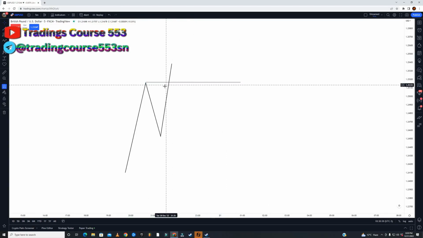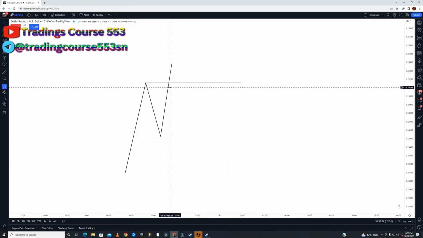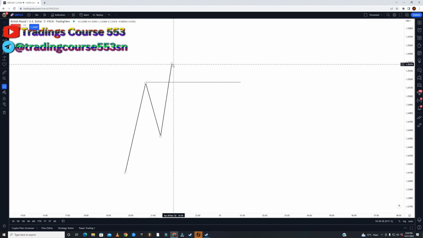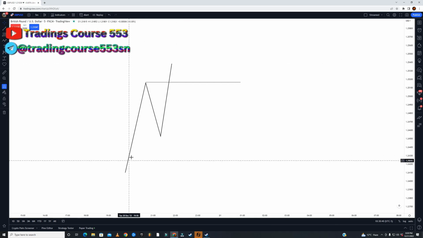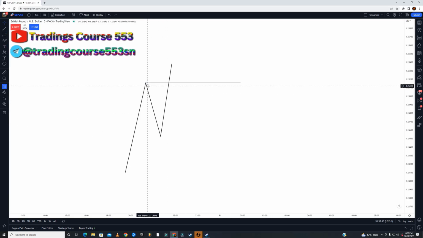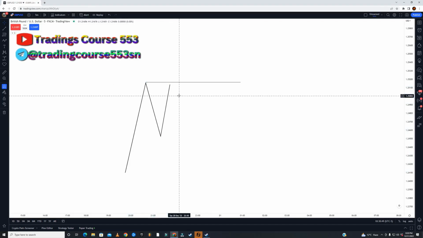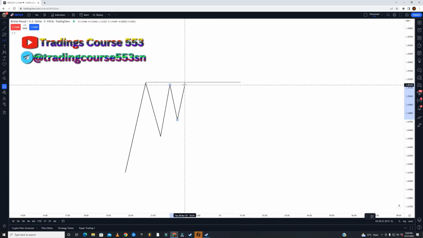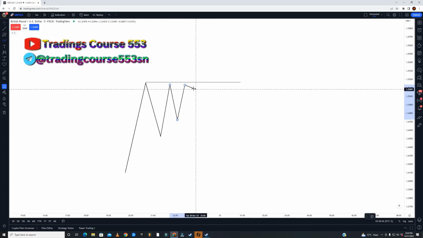So there is a less chance, there's a 40% chance that it's going to play out, but there's a 60% chance that it won't play out. Why? Because you have no consolidation after the B leg formation near the A leg high. So a prime setup for me would be, I want to see some sort of consolidation around this level before price takes out the A level high,